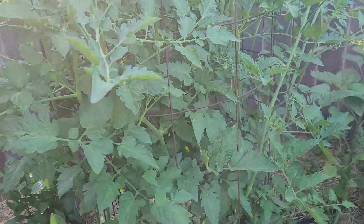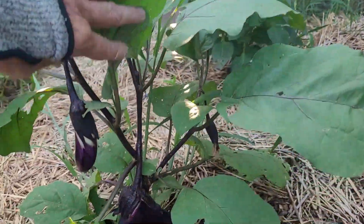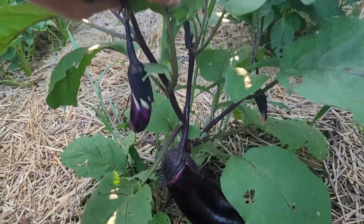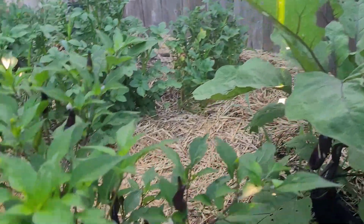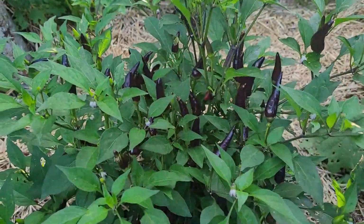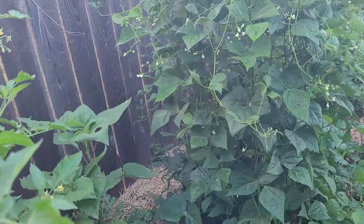There's that sun gold cherry tomato. Then we have an eggplant down here I need to harvest. While we're over here, let's look at these peppers. And then we have the